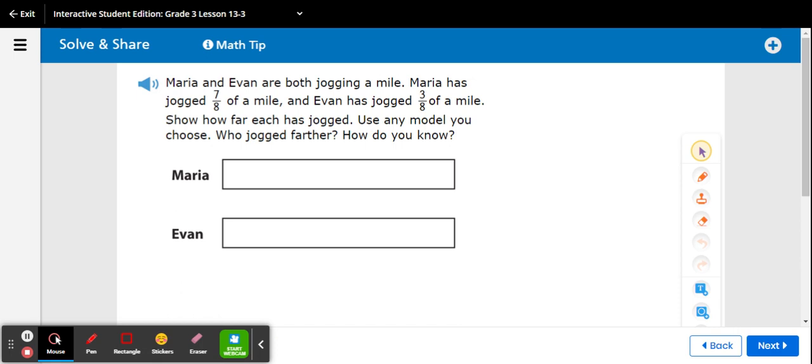So we have been talking about fractions. First, we looked at how to name fractions, whether it was naming fractions based on a shape or naming fractions based on a number line. And then we talked about equivalent fractions, which was showing fractions that were equal to each other based on the area that they covered, not based on how many equal parts they were divided into, but the area that was being talked about. So today we're going to also be comparing fractions,